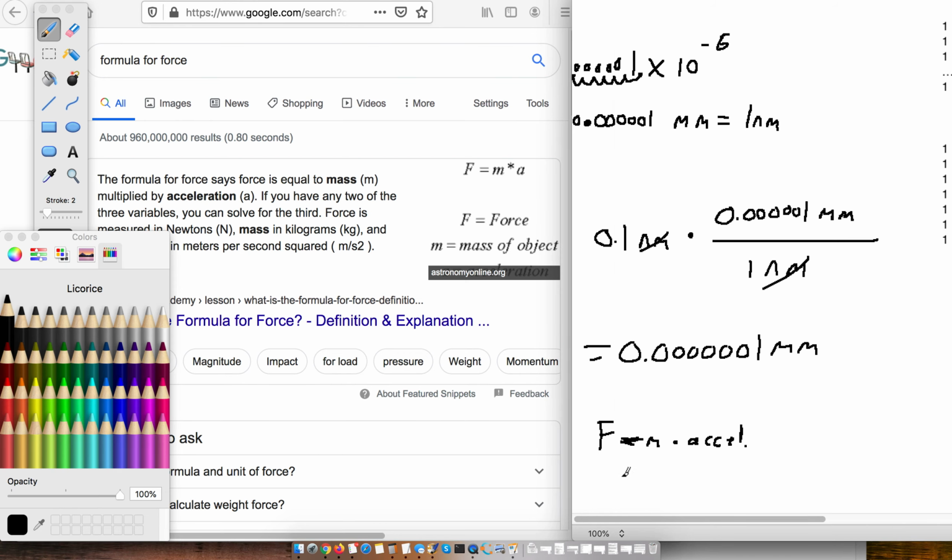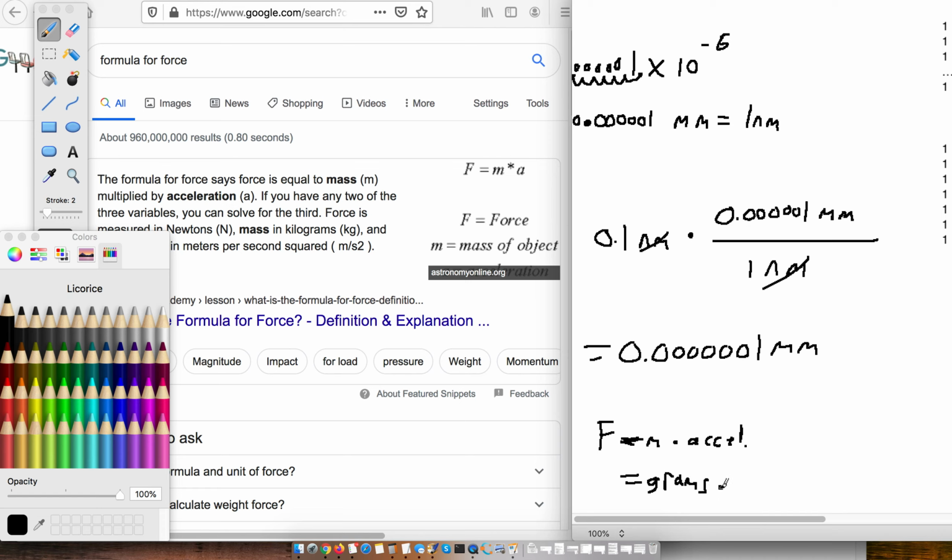Velocity and acceleration are really related, right? Velocity means like how fast you're going. We say like we're going 60 miles per hour in the car. So acceleration is how fast the velocity is changing. So acceleration in SI units is meters per second squared. I said that incorrectly. Okay, so this is grams,